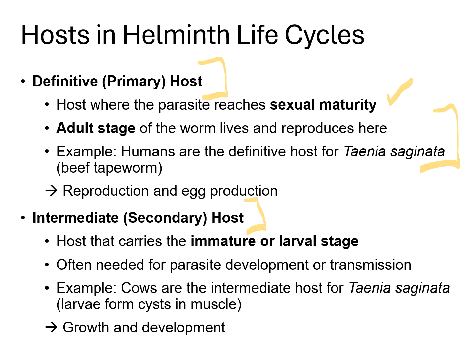In contrast, the intermediate or the secondary host is where the parasite develops but does not reproduce sexually. So this is where you usually see the larval stages. Going back to that example, Taenia saginata, the cow is the intermediate host. The larvae form cysts inside the cow's muscle tissue. So in simple terms, the intermediate host is where growth and development occurs, whereas in the definitive host, this is where we see reproduction